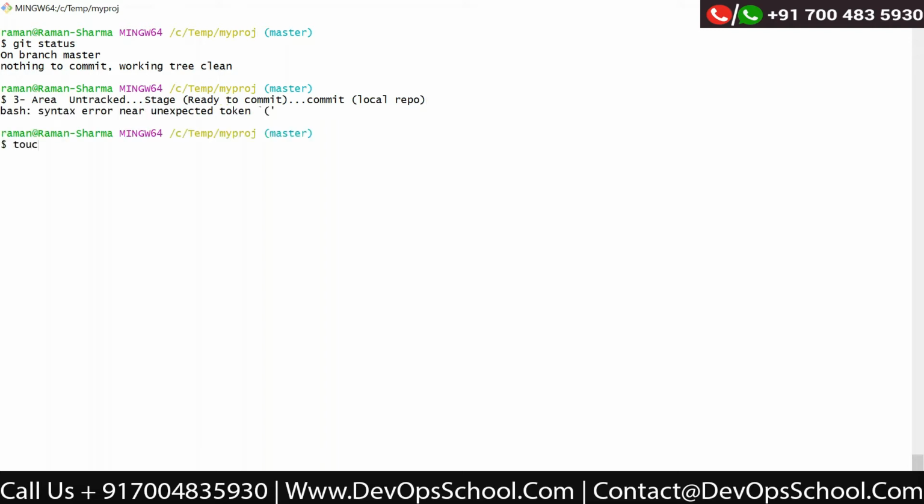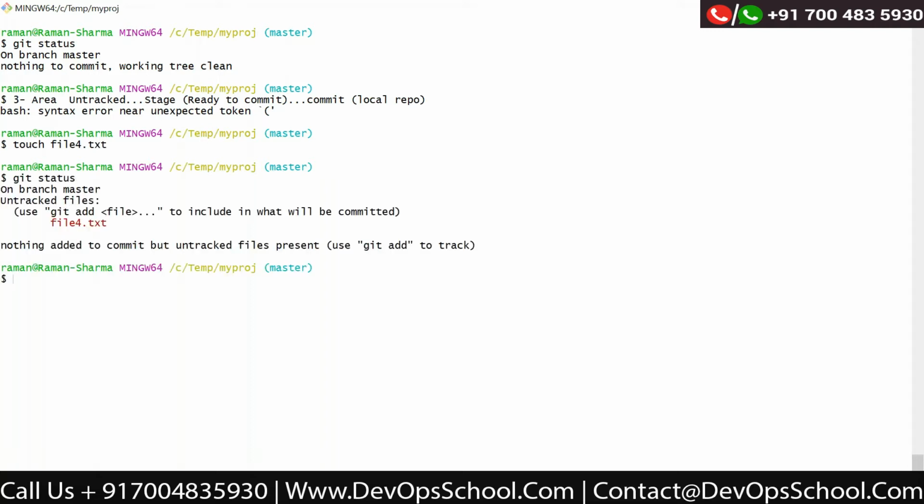If I create a file, say touch file4.txt, by default this file is untracked, whether the file is created or modified. It goes into the untracked area first. Once it is untracked and you want to push it into your local repository, you need to use the git add command. You can use git add and the file name, or you can use dot.